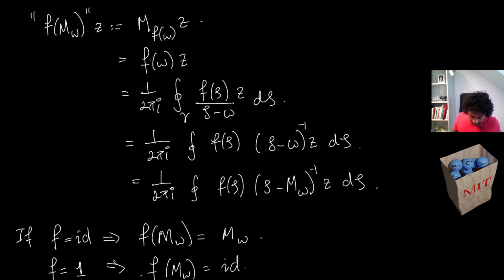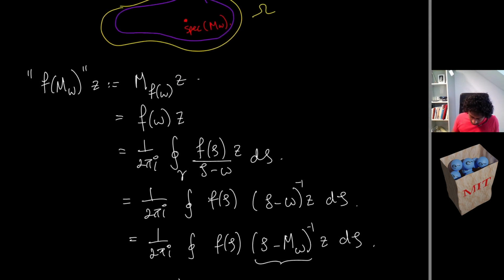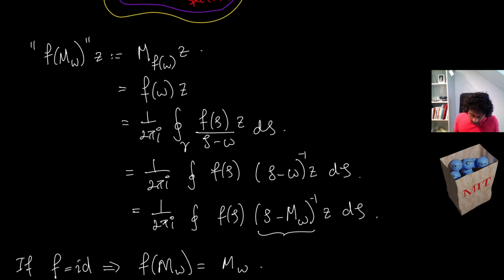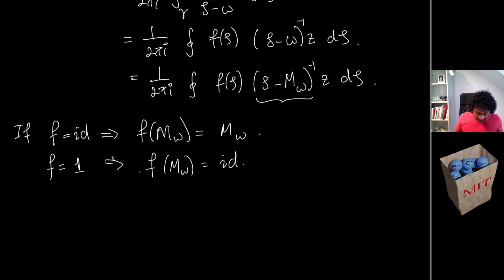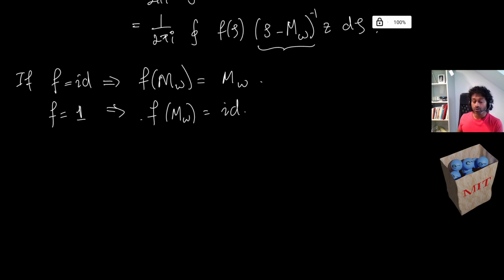So the reason I wrote this last line is because I want to really see this as a resolvent. You can see here now that the spectrum is this point. We have a curve wrapping around the spectrum, and what we obtain in the denominator in the Cauchy integral formula we can reinterpret as actually a resolvent of an operator, if we see it from this point of view. So this is very suggestive, and the first thing we're going to look at is the case of